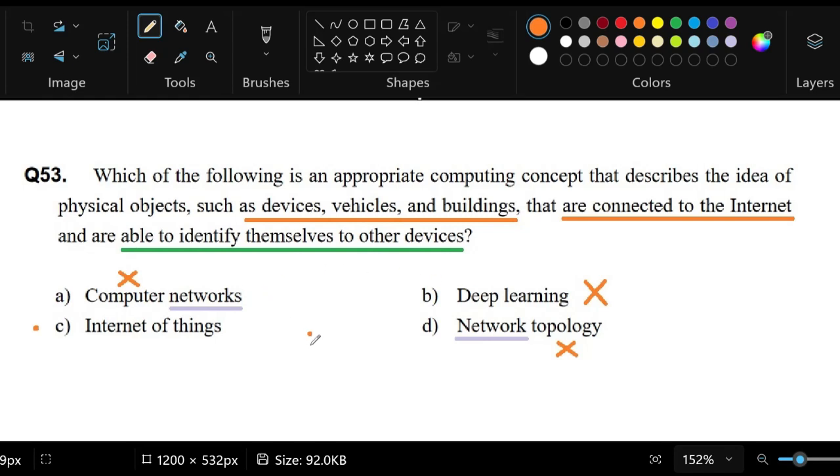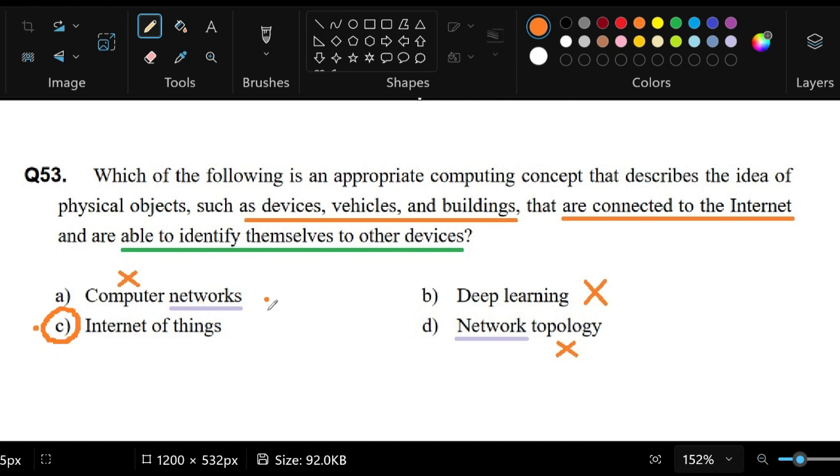Question number 53 of the PhilNITS FE morning portion of the exam. In this question, we are being asked, which of the following is an appropriate computing concept that describes the idea of physical objects such as devices, vehicles, and buildings that are connected to the internet and are able to identify themselves to other devices? Alright, I was able to find the correct answer, which is letter C, and I did